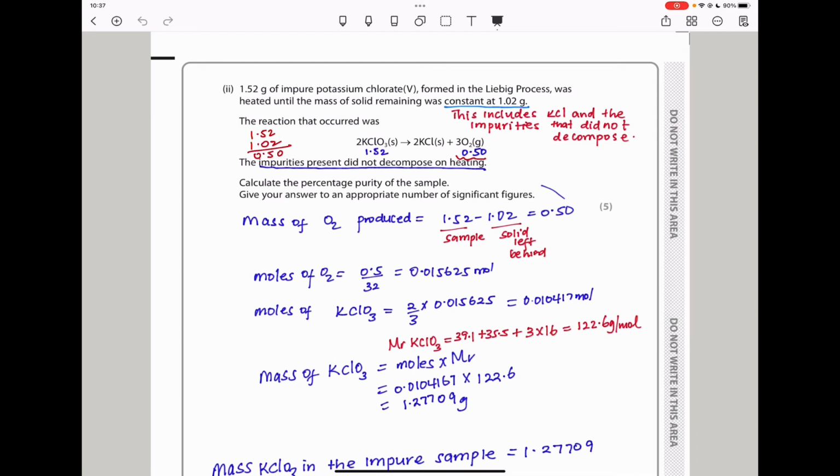Now we need to find the molar mass of potassium chlorate. We already got it previously. It was 122.6 grams per mole. So we're going to use that as well as the number of moles to find the mass. The mass of potassium chlorate should be moles times molar mass, which is the number of moles calculated here, and the molar mass, which we have here, giving us